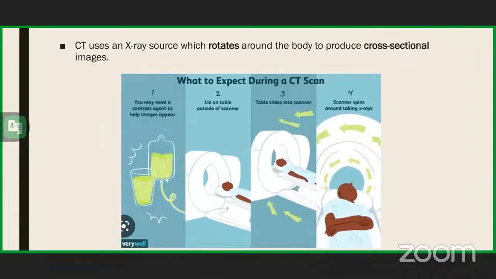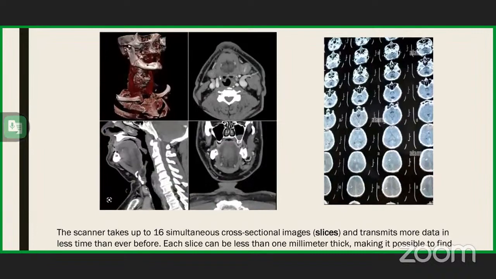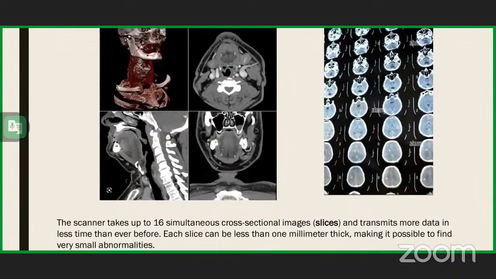The CT scan and X-rays, and the sources which rotate around the body to produce cross-sectional images. This is a chart showing us how it works, just as extra information, so don't worry about it. And we have some examples of how the images look, how we can reconstruct and reorganize the pictures in order to check and to understand the situation inside